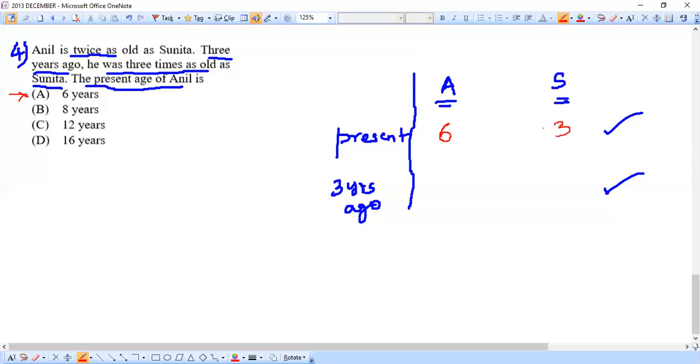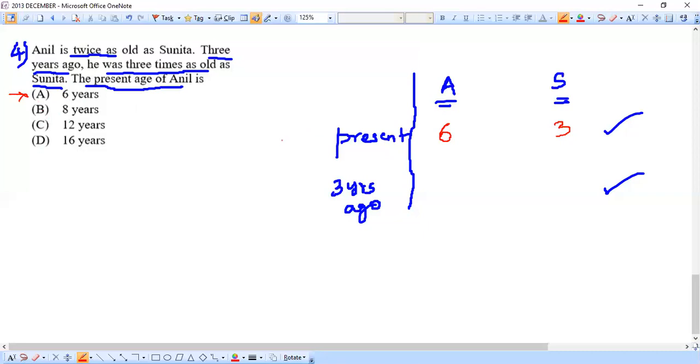I think you are able to understand this clearly. Because as per the question's condition, Anil is twice of Sunita. That's the thing I'm doing, the half calculation. Whereas if we knew Sunita's age, we would have done 3 times of this number and placed that value here. But in these options, we have Anil's age, so we take Anil's age, place it here, and then just find half of that and place it here. That's all. So 6 and then 3.